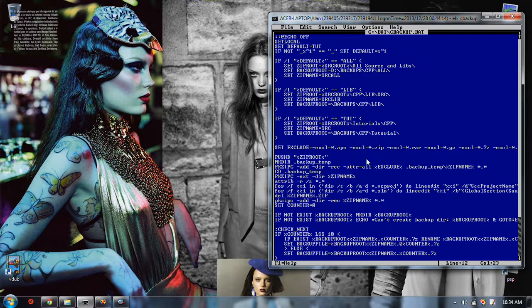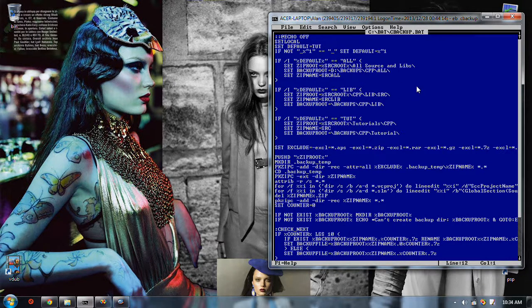But anyway, if I want to do a full backup of all my various source directories and my global libs, then I say all. And if I want just the stuff to do with the tutorial, it'll go into here. See, it's called C backup, so it's supposed to be only stuff to do with C++.